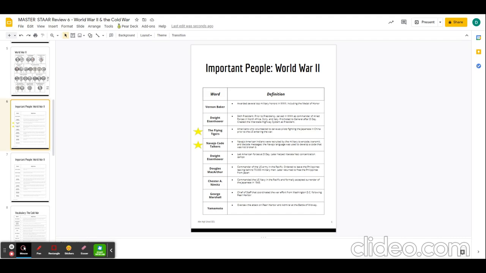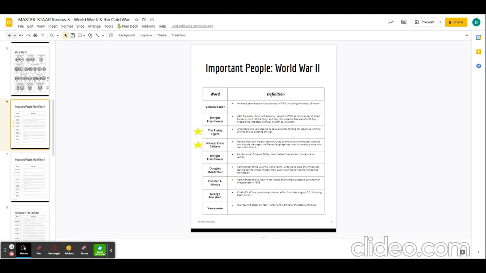test. So the Flying Tigers were Americans who volunteered to go and serve with the Chinese Air Force against Japan prior to America entering the war. It was another reason why Japan was not happy with us leading up to the attack on Pearl Harbor. So our pilots went over, and even though we weren't actively in the war as the United States, they assisted